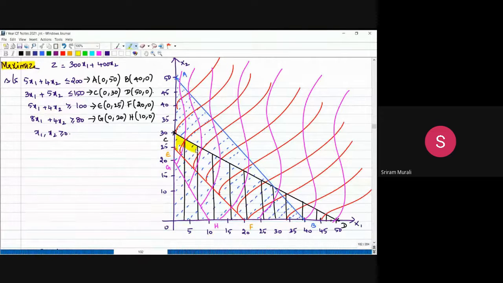All the four are intersecting at this. This is a common region, I suppose. I have to name it. A, B, C, D, E, F, G, H. I call it as I. So we want to just find what is I. So the common region is